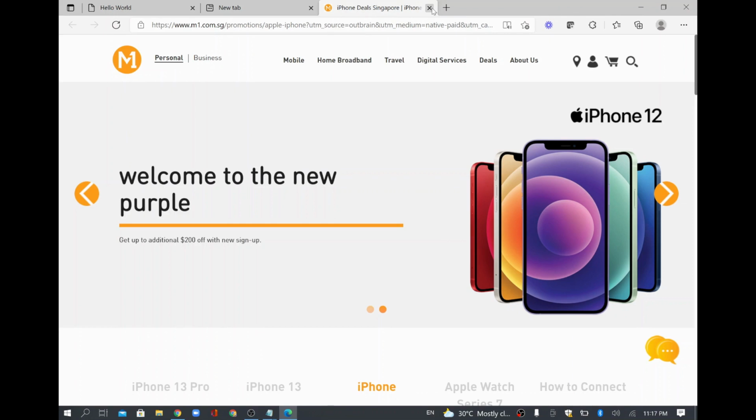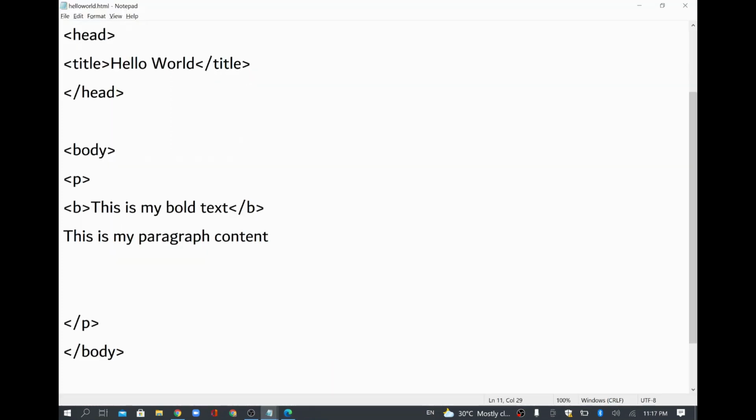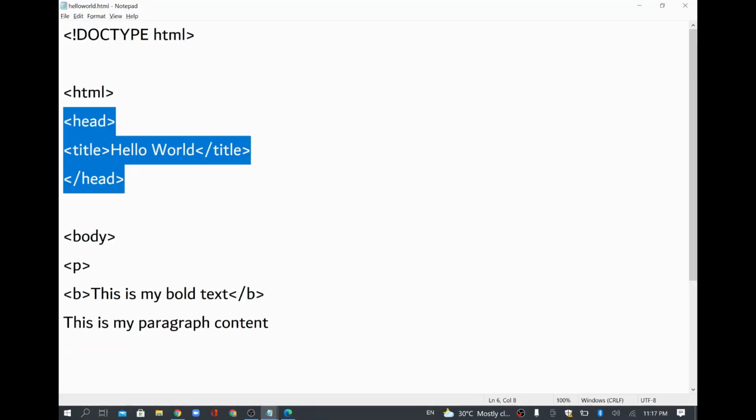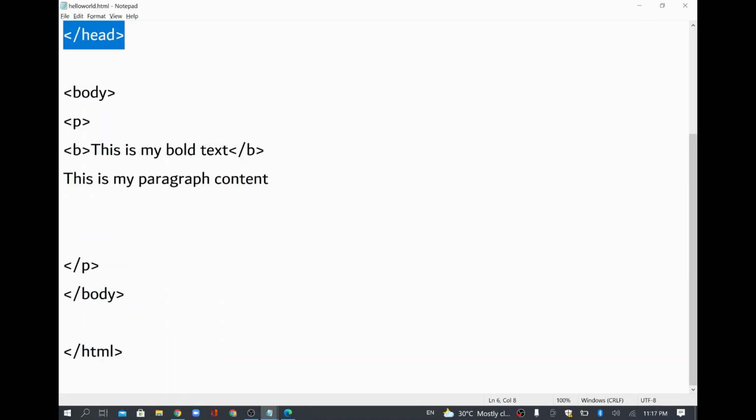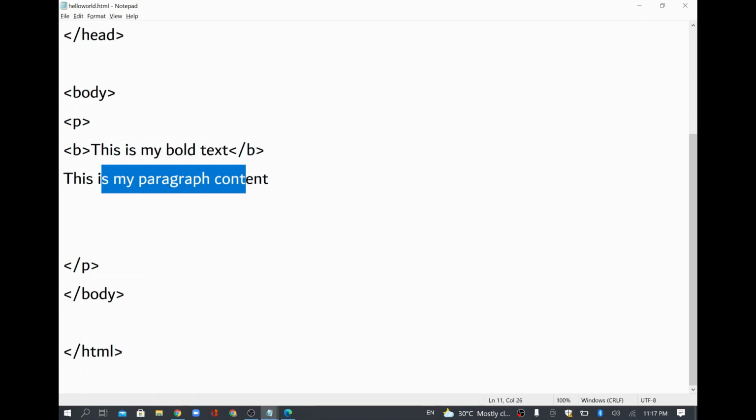So this is the HTML coding. Now I'll just close this, and we are also going to create such content in our HTML page as well. So now I'll go to my code. This is my code. So we have a header where we have a title, and a body where we have the content. In this content we just gave a bold, right? So for example, I wanted to give an italic. Okay, so I'll just give I, and I'll say I. So this will change it to italic. I'll refresh it here. See here, it's an italic font.